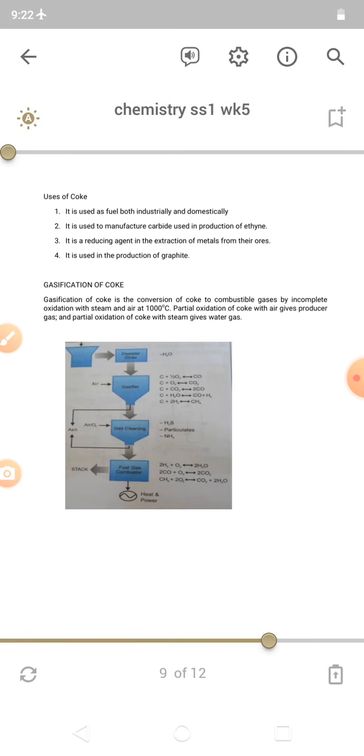When you gasify coke, that is, when you change coke, which is solid, and convert it to gas, it will give you two different products depending on how you convert it. If you use pure air, as in the normal air that we're breathing, if you use that air to gasify coke,